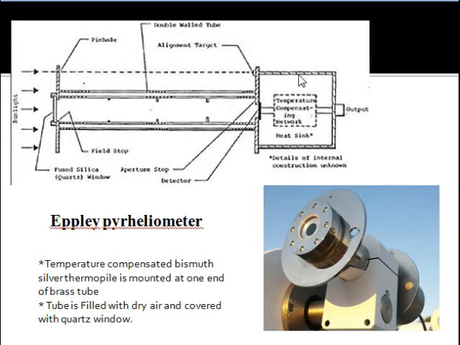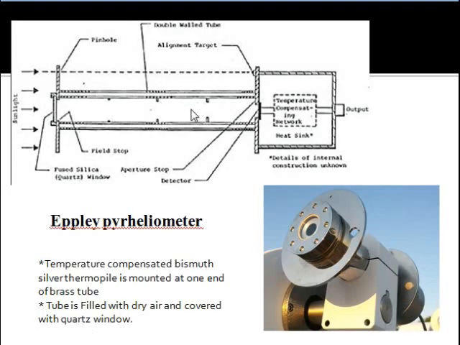It has a temperature compensating network here, and there will be a double walled brass tube, and there will be a quartz window here, and it is removable, and there is an alignment option here. We can use that for aligning with respect to sunlight. And there is an aperture stop here, and this whole collimator tube maintains an inside beam angle of around 5.7 degrees, and that is called the aperture angle, and 5.7 degrees is maintained by the diaphragms which are present inside the brass tube.